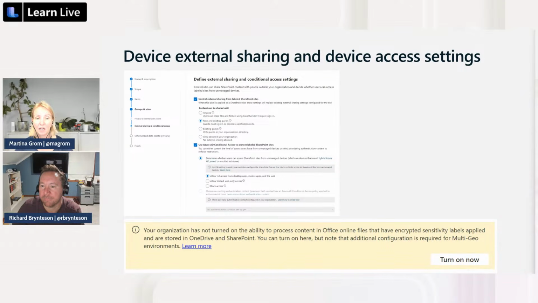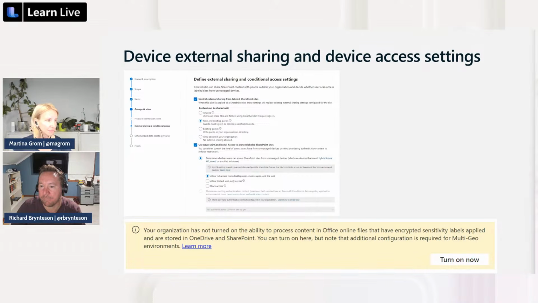You use that SharePoint feature and an Azure Active Directory conditional access policy to block or limit access to SharePoint and OneDrive content from an unmanaged device. So the person who wants access is not able to get access if they use their private iOS or Android device or whatever device they want.